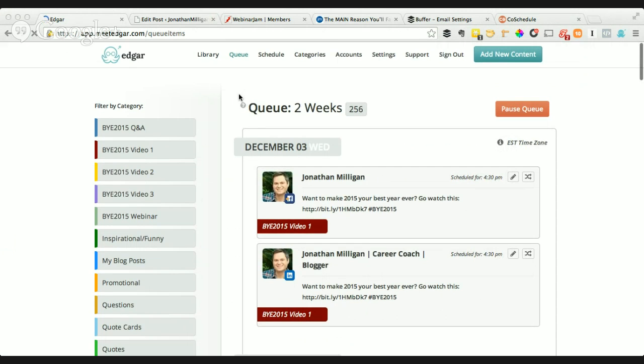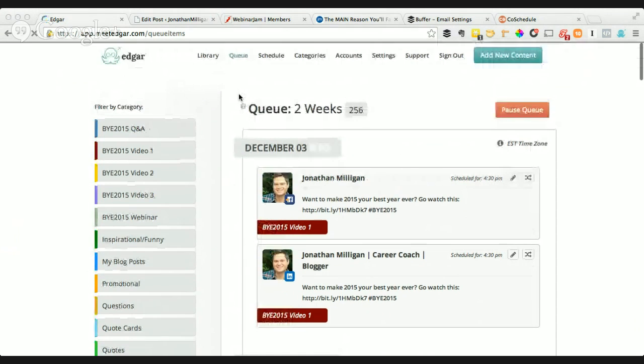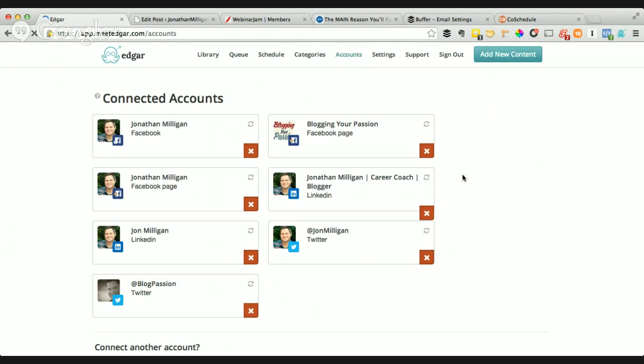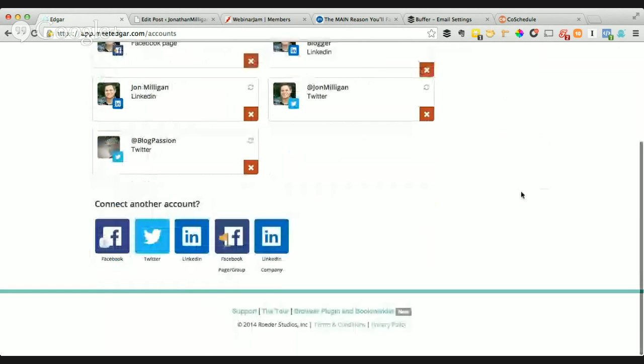All right, so now that we're in this tool, let me walk you through a couple of these buttons and how I'm using them. First of all, let me talk you through the accounts tab, so you can see which ones it's currently working with. Edgar's going to work with Facebook. So this is your personal Facebook profile if you wanted to use that. It also uses Facebook pages and also Facebook groups if you have any private groups that you are the moderator for. It will also connect to Twitter,